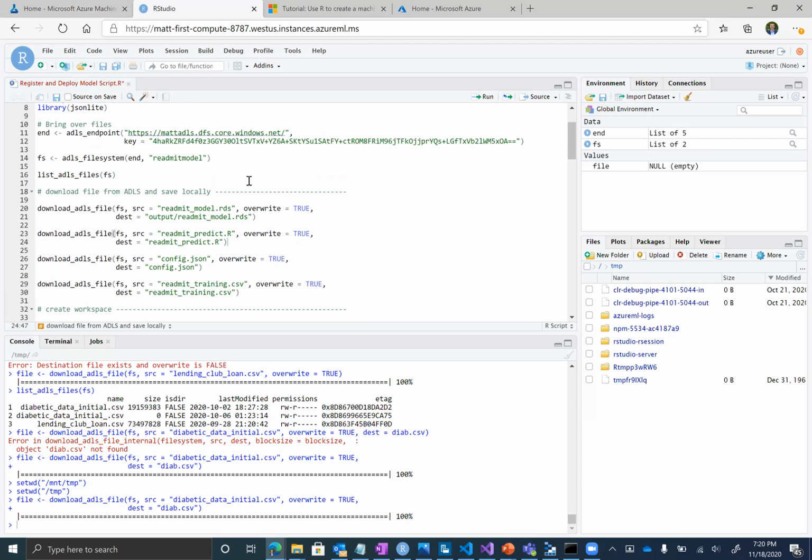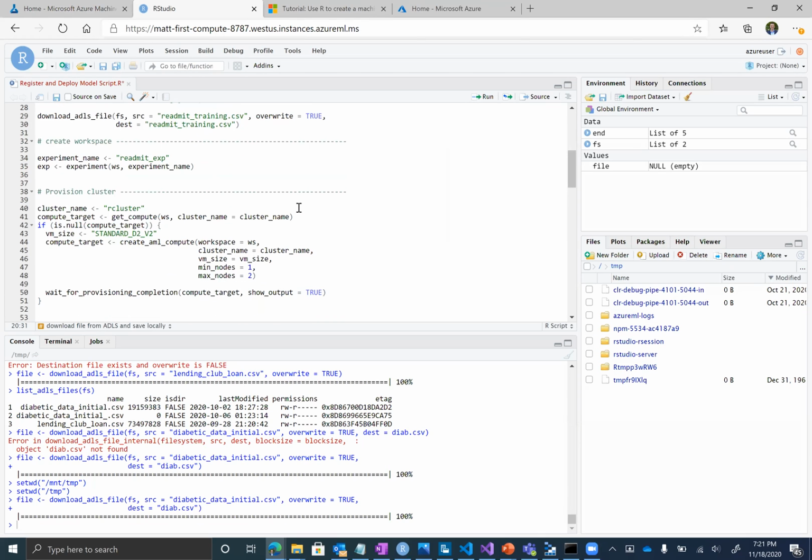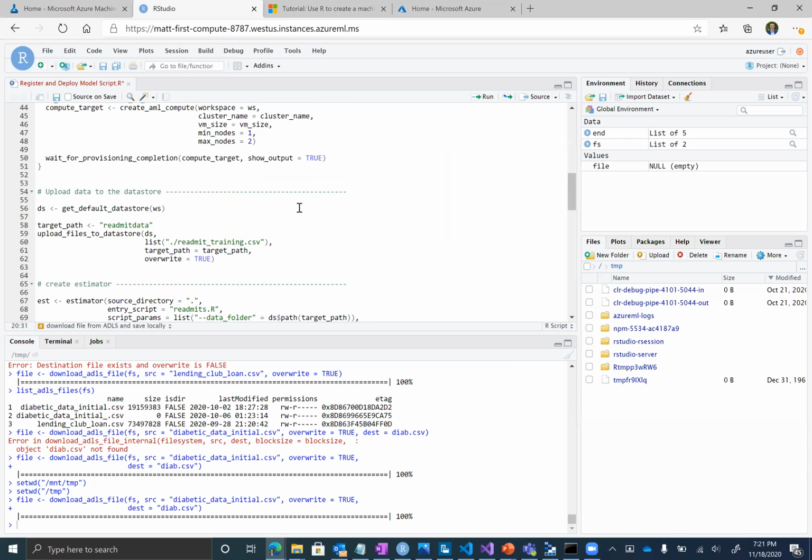As a matter of example, this is a script that I had put together that shows how I'm pulling files from my data lake, which, as far as I'm concerned, is basically just interacting with a file store. So I'm bringing over some files from our Amazon data lake storage. And then I have a .rds, which, if you're familiar, is a way of writing out an R model. And I'm taking a couple of other configuration files and deploying them as a finalized model to Azure. So this is within a couple of lines of code here.